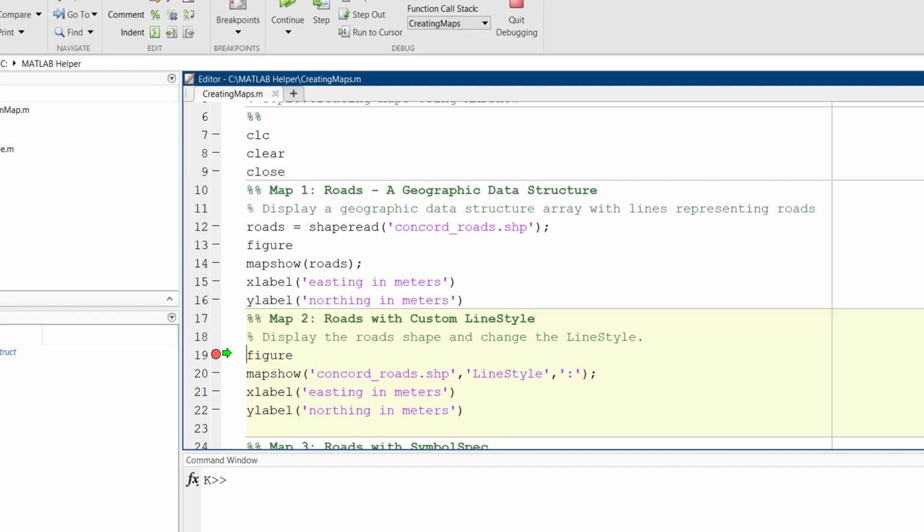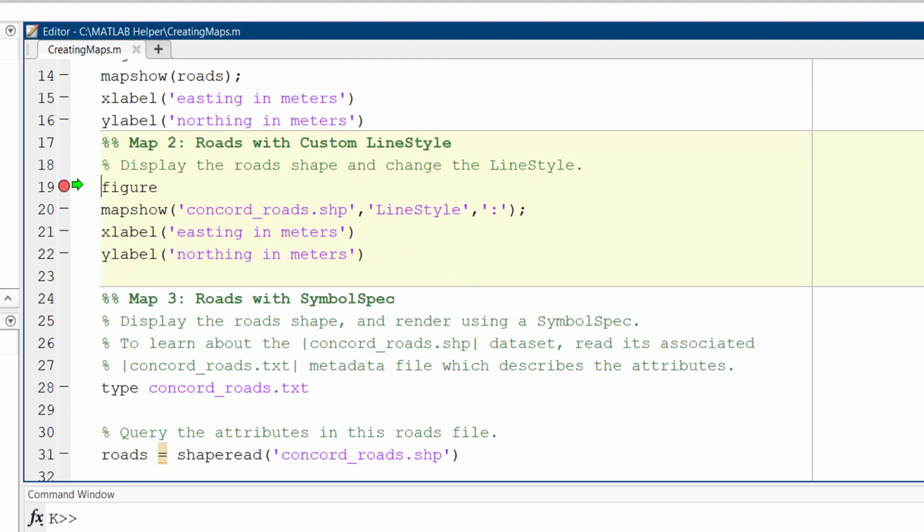Now moving on to the next part of the code, where we'll plot the same roads with a custom line style. So in the previous one, the lines were the default lines, and this time we can change the style of the line. Here we have mentioned colons. So the lines will be displayed as colons.